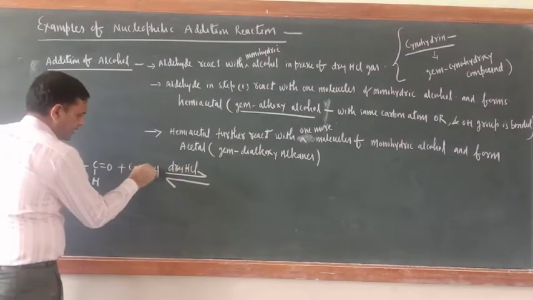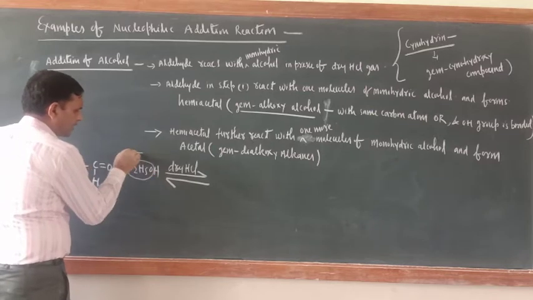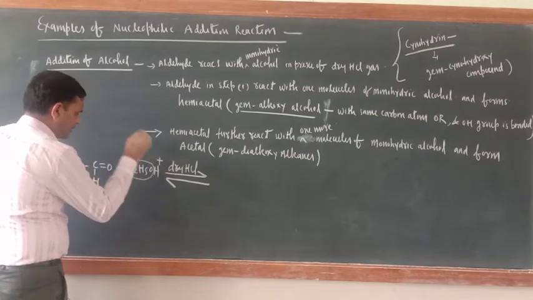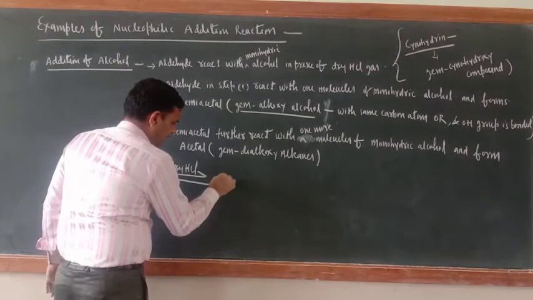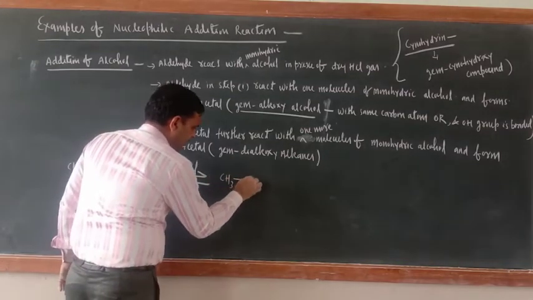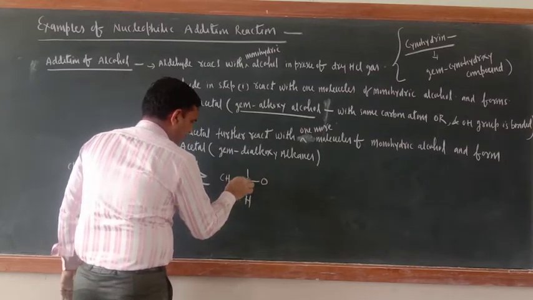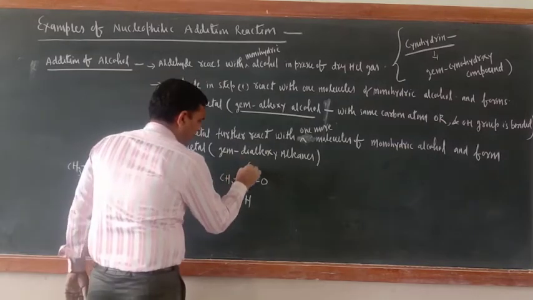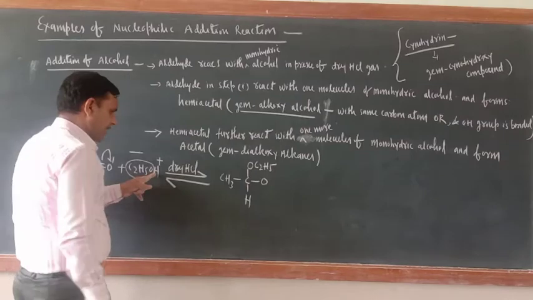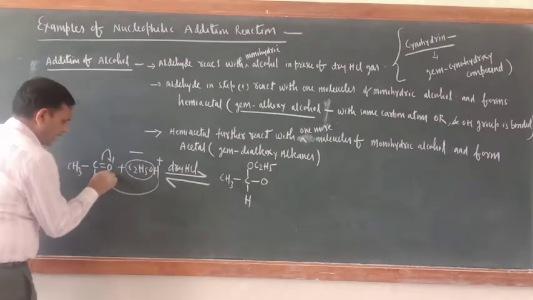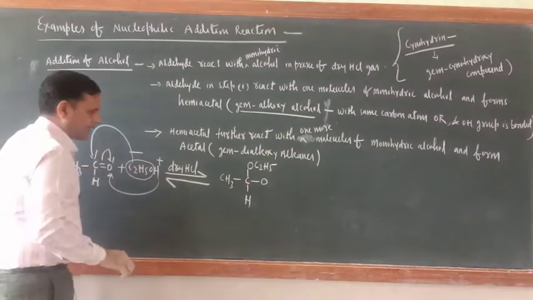So just see, this C2H5O is the nucleophile, this is negative, H is positive, and the electron shifts here. So now what is the product here? CH3, C single bond O and H. And now with this carbonyl carbon, who will be bonded? OC2H5, and this H will be bonded. H will attack here, C2H5 will attack here.